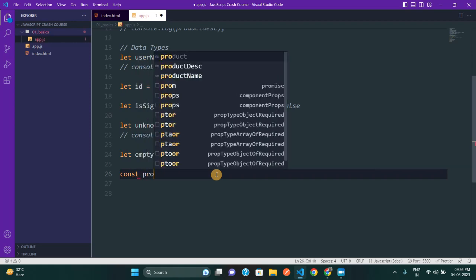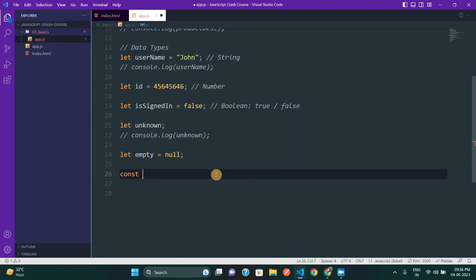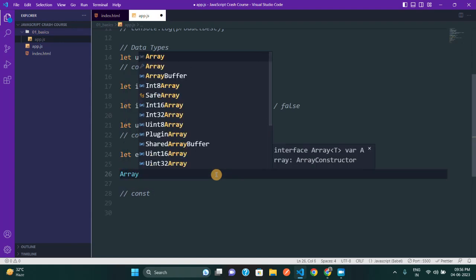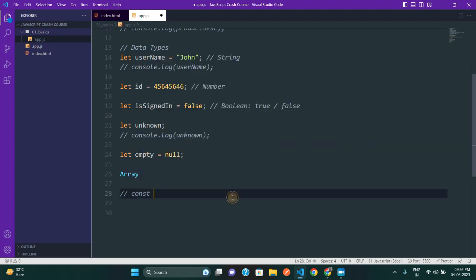So let me show you what is array. Before I show you array initialization, let me discuss what array is. Let me type here array, and comment this out. An array is also a variable only, but it is a special type of variable which can hold more than